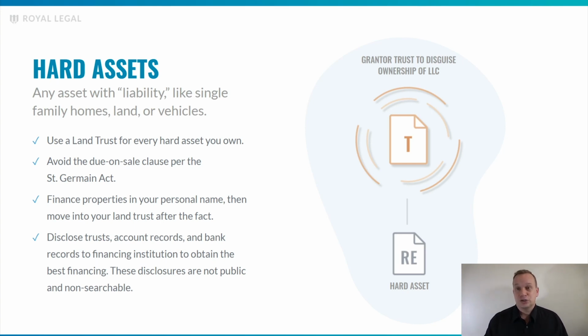And when we use the trusts for our asset holding, we know that we're going to be able to get the typical type of financing that we're looking for. And for real estate investors, this is exceptionally important, especially when it comes to your first 10 properties, because you want to be closing on those properties in your personal name and to be able to get the conforming loans to get the best interest rates. But immediately after the closing, you want to transfer that into a land trust, right, which is the type of revocable trust, to be able to create the anonymity that we're looking for to stop the lawsuits before they ever